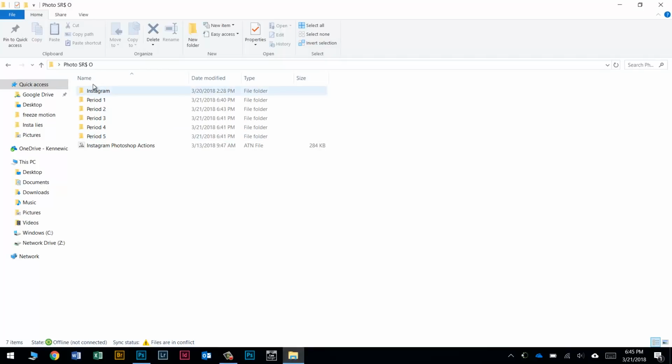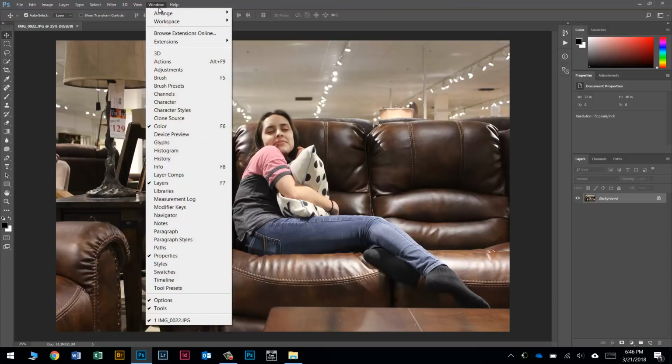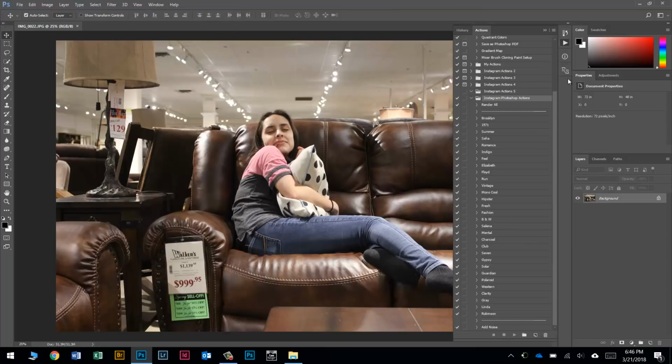First of all, if you look in the photo drive here on your computer, you'll see down here at the bottom a file called Instagram Photoshop Actions. We need to get this open in Photoshop. So what I'm going to do is I'm just going to double click on this. And that's going to launch Photoshop, and if I pull up my Actions panel, by going to Window, Actions, you can see I now have this folder called Instagram Photoshop Actions that has 30 different Instagram Photoshop